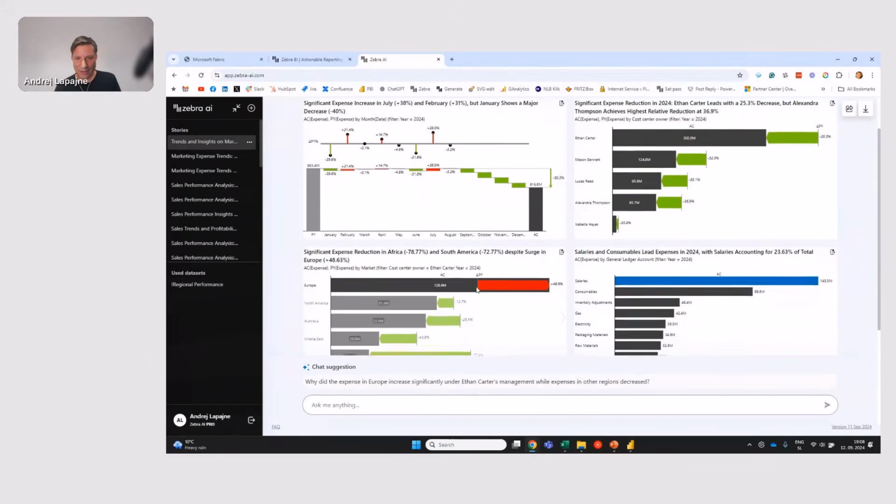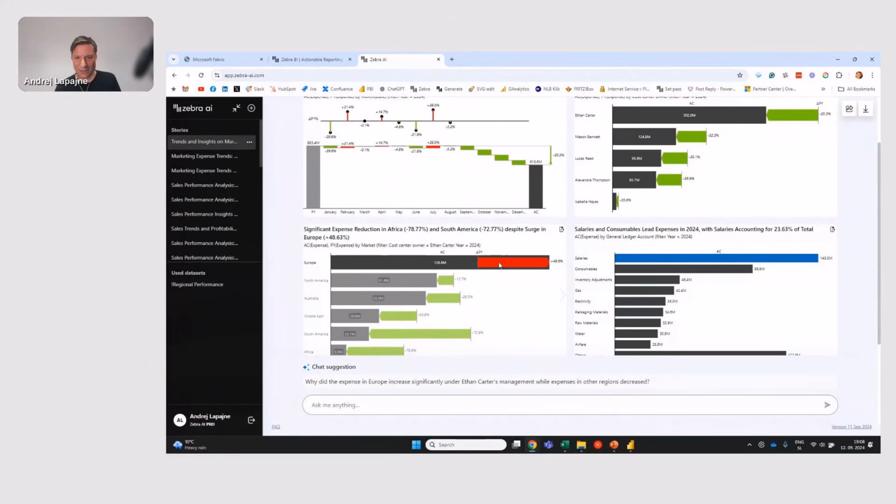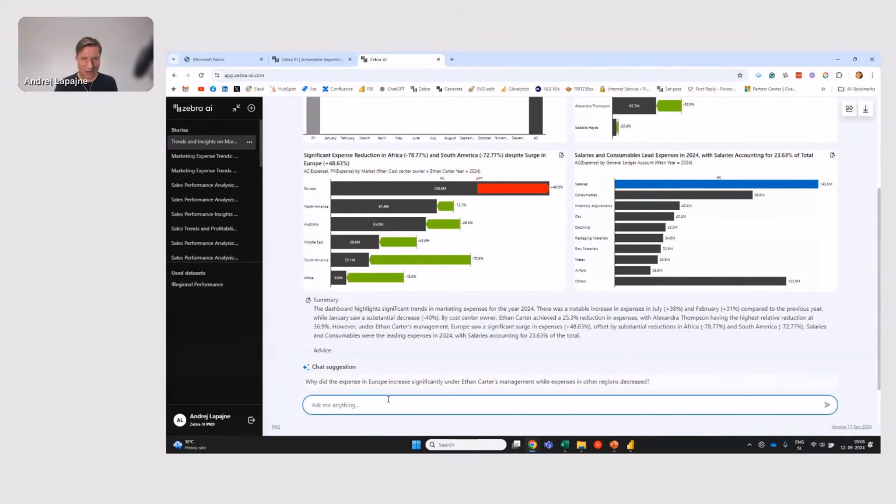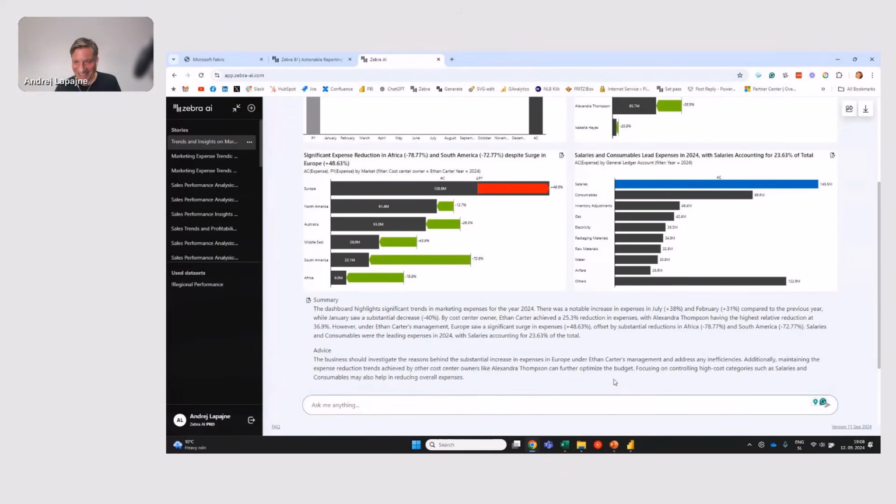However, here in Europe, you see there's a huge problem. And now you can ask something, what happened in Europe probably, right? So I can now just go and chat with the system, ask what's going on in Europe. Actually, the system, Zebra AI, actually provided some suggestion for this question: why did the expense in Europe increase significantly under Ethan, under his management? All right, let's just click,